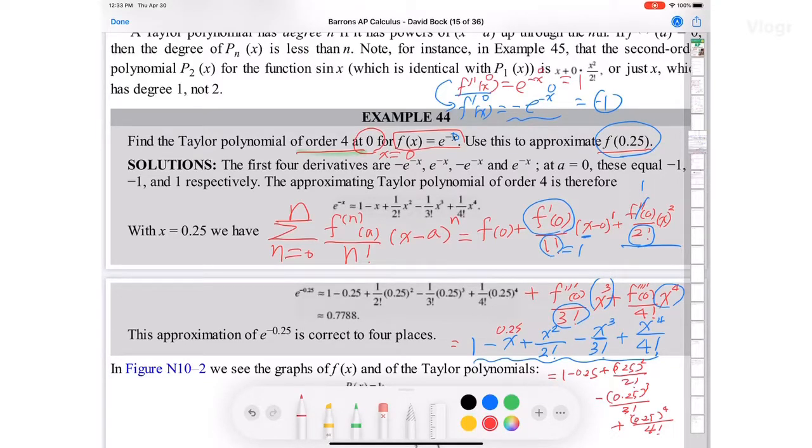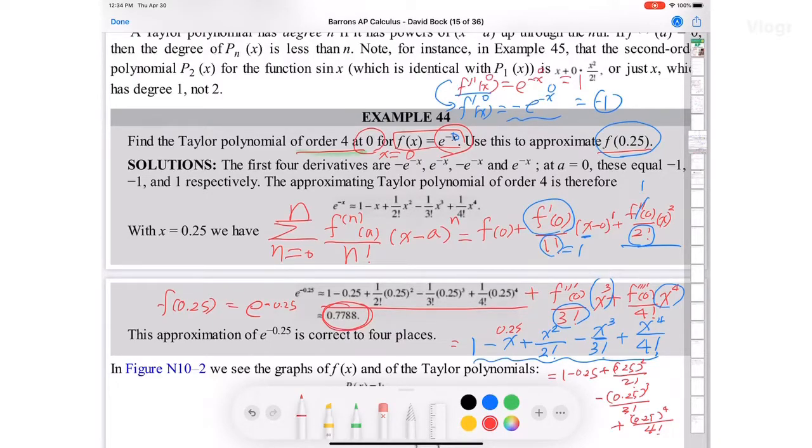If we calculate this value, it's going to be 0.7788. You can use a calculator. This is an approximation of what? F of 0.25. What is f of 0.25 actually equal to? F of x was e to the negative x. So f of 0.25 means what? E to the negative 0.25. This value is not exactly 0.7788, but